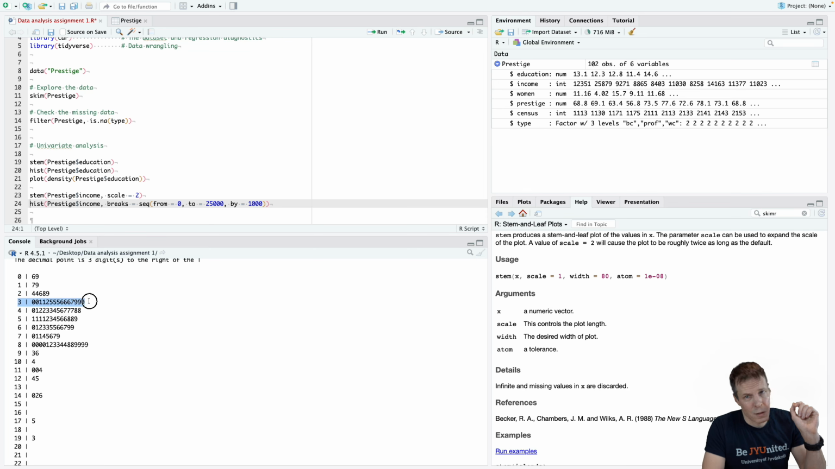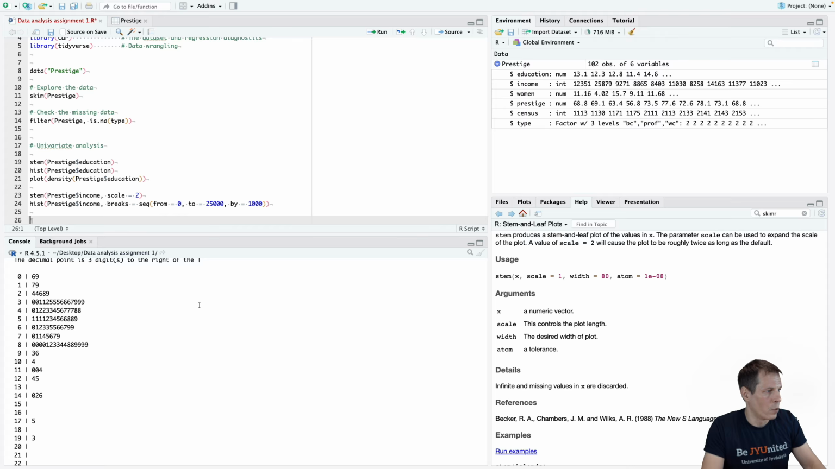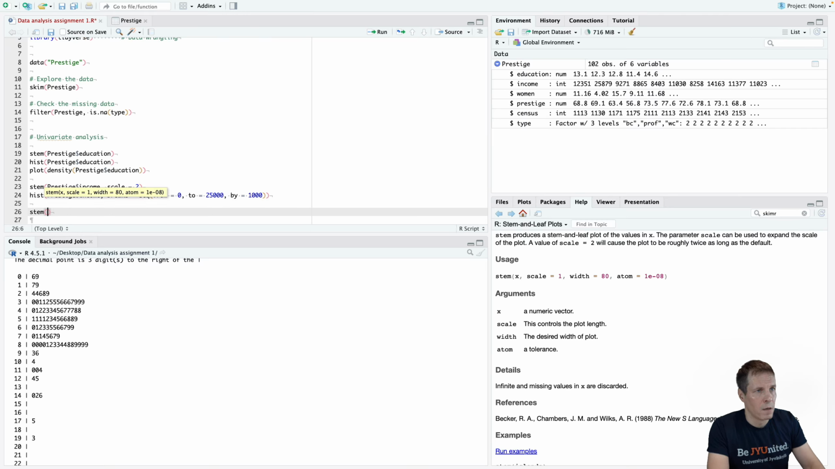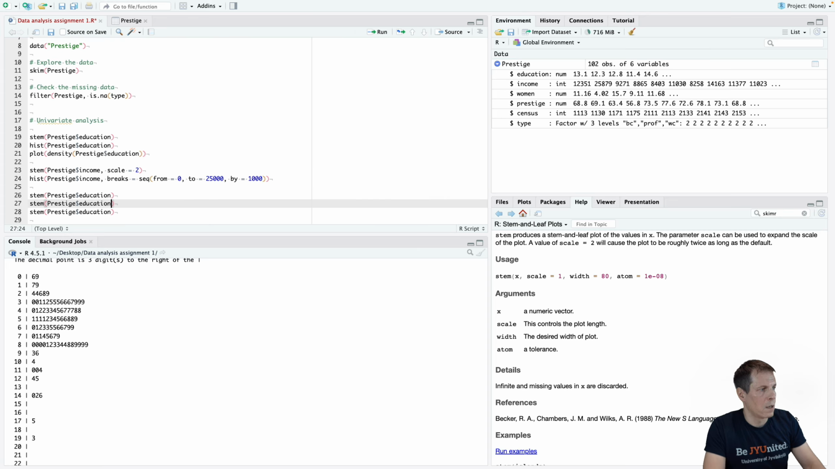This is from 3000 to 4000, and so on. So this is how you do the distributions, and then we would do the rest of the data. So I would do stem, and then we do prestige. The easiest way to repeat the command is just to copy paste it, and then change. We do it for women. We would do it for